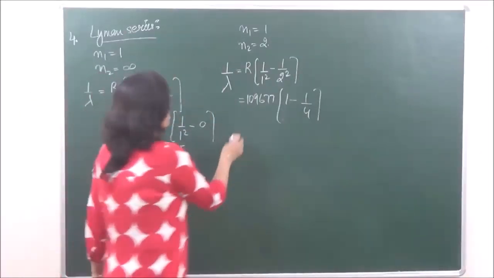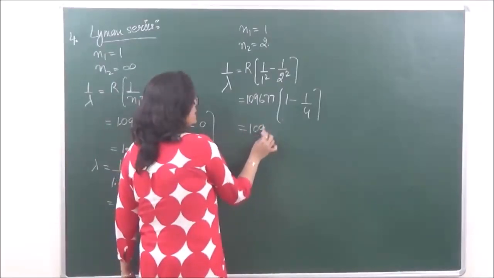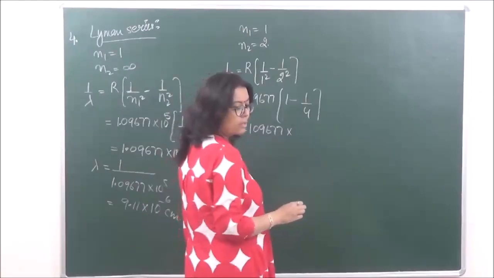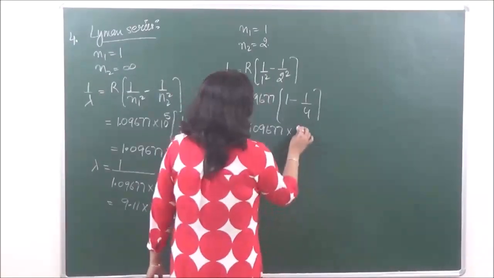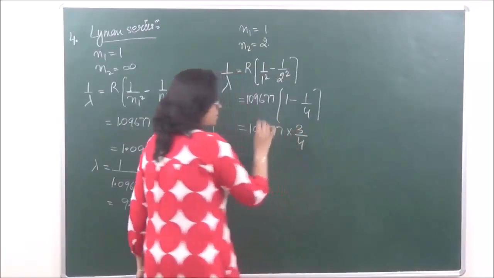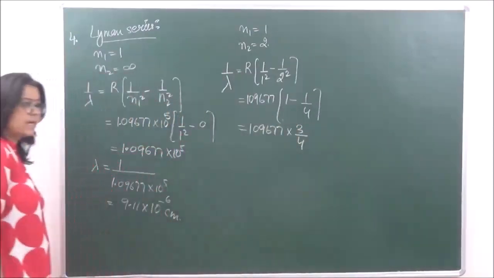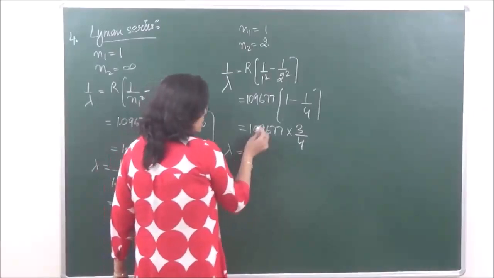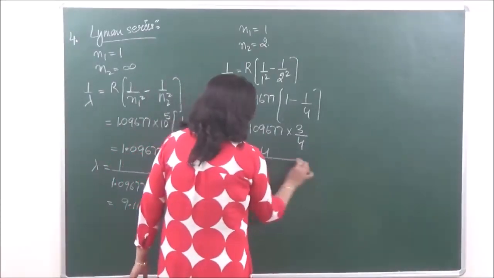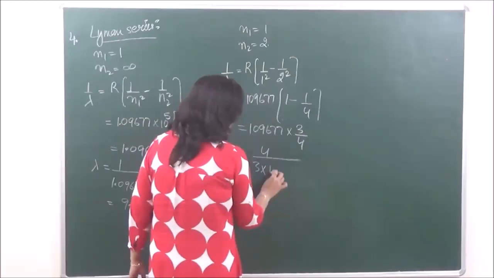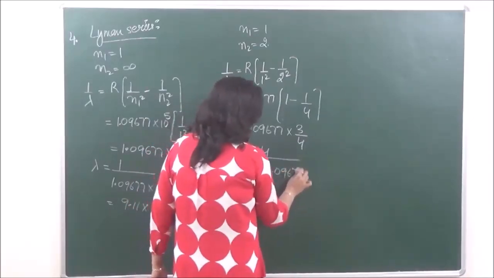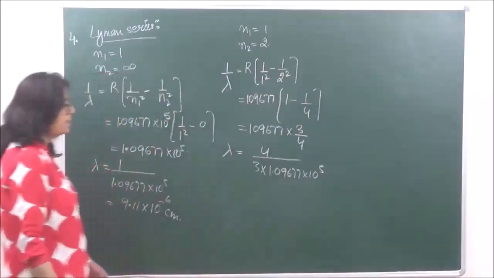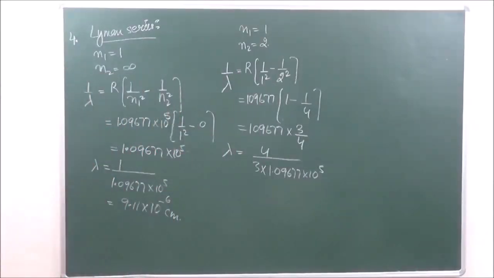So this will become equal to 109677 into 3 by 4. And lambda will become equal to the reciprocal of this. So we can take this as 4 upon 3 into 1.09677 into 10 raised to power 5. This is how we can put it. Right? So when we calculate lambda for this, it comes to